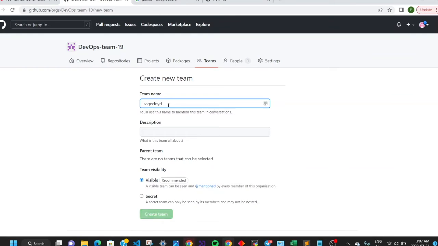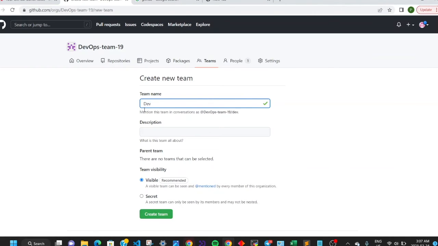Let's add an email address right here. And it says here, what is this team all about? Let's say a team name. This is for team name. Sorry, guys, that was my error. A team name. So we are creating a new team. I got it all twisted. Sorry. Let's say the team name is going to be